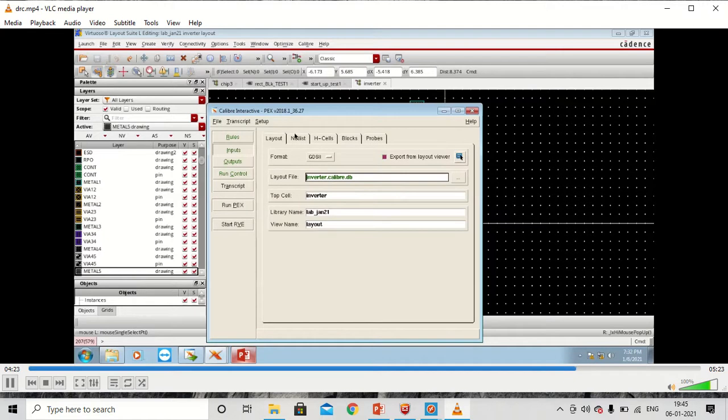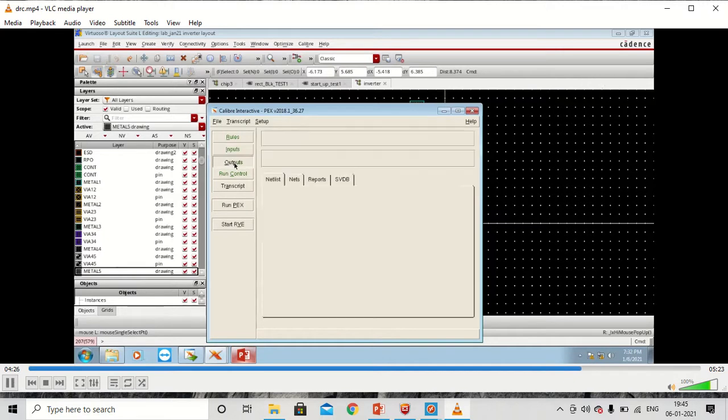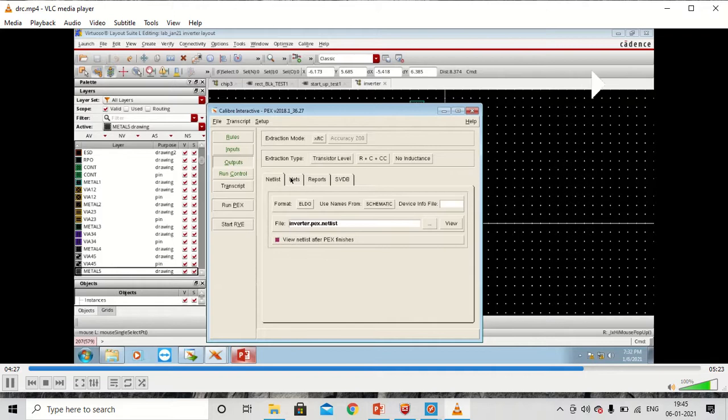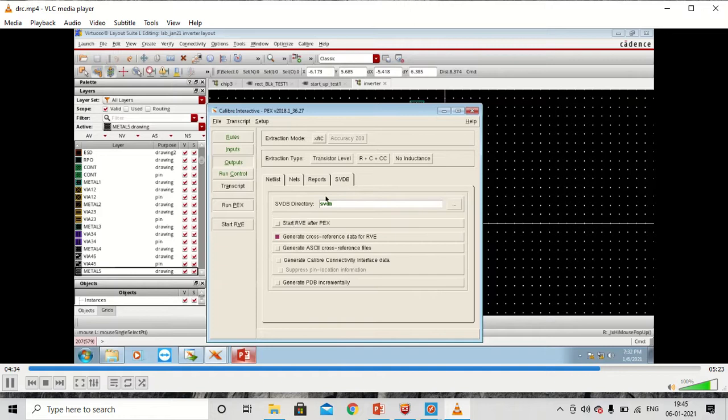So here we need to export the netlist from the schematic, and for output, PEX gives us output in the form of different tools like Calibre View, HSpice. So depending on what kind of post layout you want to run, you can select the appropriate file format.